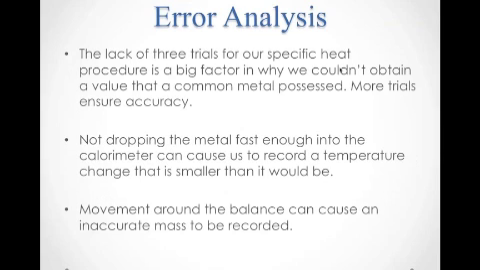And there have clearly been some errors in our procedure. Obviously, the lack of 3 trials in our specific heat capacity calculation is a huge, huge error. It was made due to a lack of time. And obtaining more results would have been good. Additionally, we probably didn't drop the metal into our calorimeter fast enough, or record the temperature correctly. Maybe we messed up calculations somewhere along the line with our algebra,